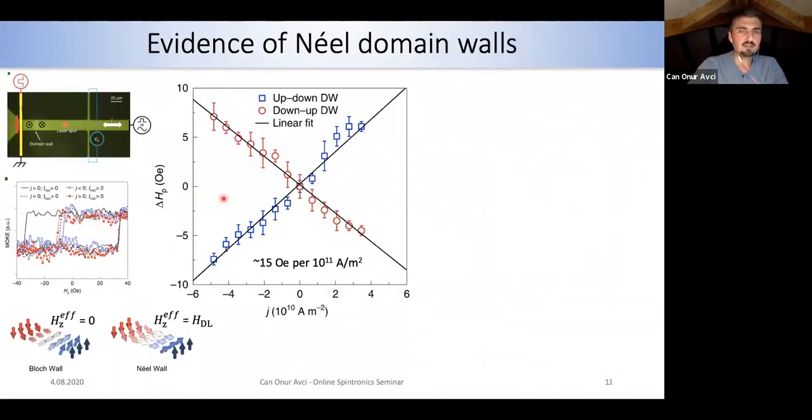This is the quantification for two types of domain walls. I created first an up-down domain wall, and I checked what happens if I inject these current densities through the track. I saw that the propagation field, which I write here as H_P, changes. The delta of the propagation field is the difference between the dotted line here and the red line or the blue line. So this is my delta.